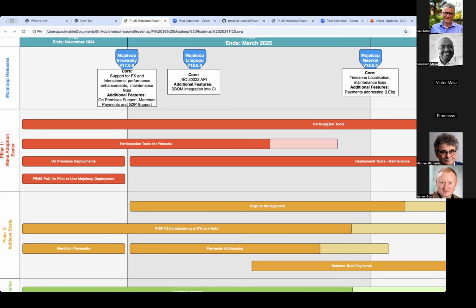Cheap, low maintenance, etc. It is not suitable for larger institutions who want more control over their connection or more reliability. So they would probably want to use Payment Manager. Payment Manager is the next focus of the participation tools workstream. We're going to look at the adoption of Payment Manager by the Mojaloop Foundation and what we need to do to achieve that. I don't think it's a huge task, but it's just some formal steps we need to go through.